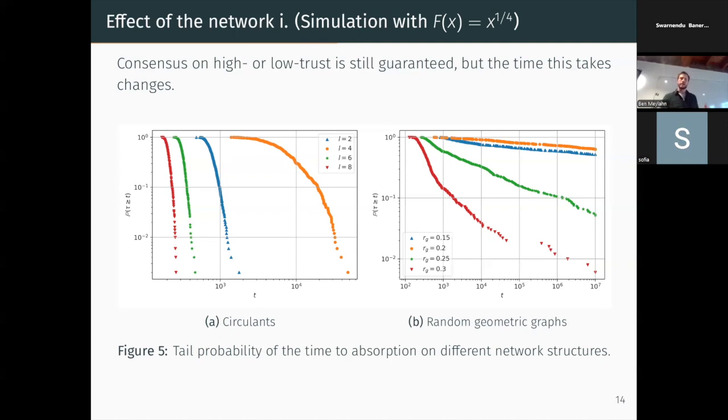Okay, what do we see? Well, in this lowest connection circulant case, actually all the simulation runs ended in complete trust. So all agents trusting. In the higher two, so L is 6 and 8, where L is the number of nearest neighbors, all the simulation runs ended in all defect. And in this orange case, so for 4 nearest neighbors, it was more or less an even split. And this makes sense if you look at this